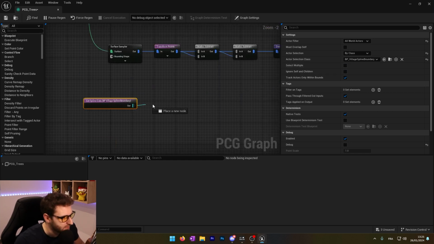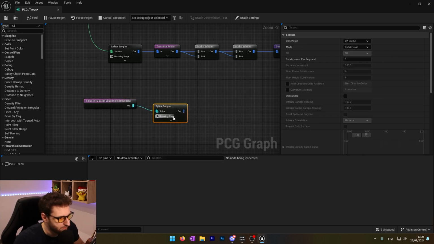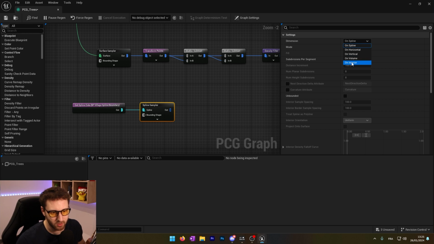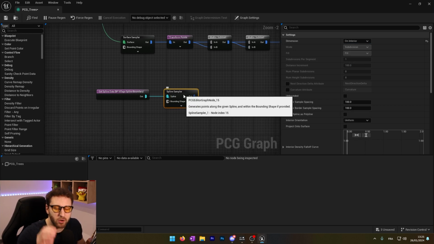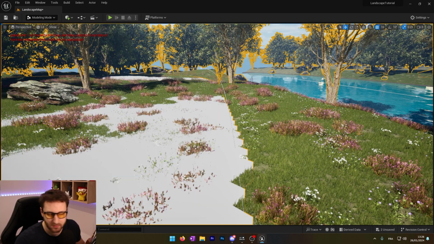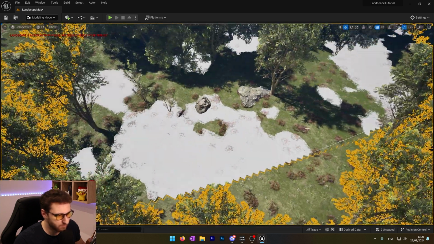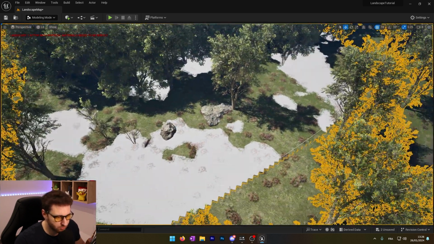So we'll do that, and from this out we will do a spline sampler. Into the dimension we will use on interior to have the inside of the spline. The on interior only works when the spline is on loop. That's why we have loop on spline. If it's not closed, you cannot get the interior of the spline. We'll save, and now if I sample the spline, we can see we have a lot of cubes